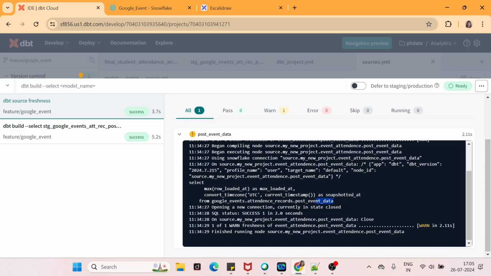Using this snapshot, which is calculated every time we run source freshness, it gives the warning or the error. In our case, it has given me the warning. So if I don't push any records in another 1 day, then it will give me a warning that there are no records.